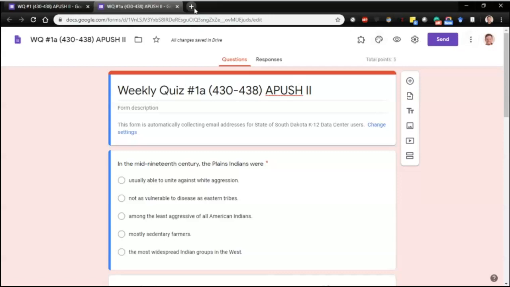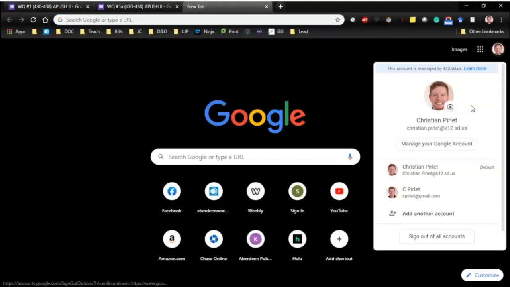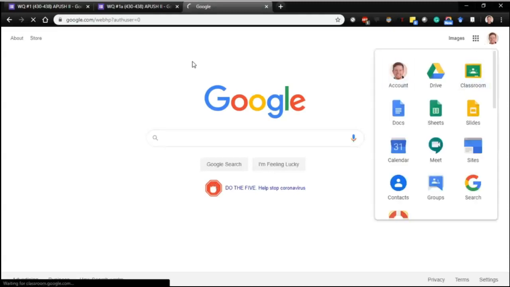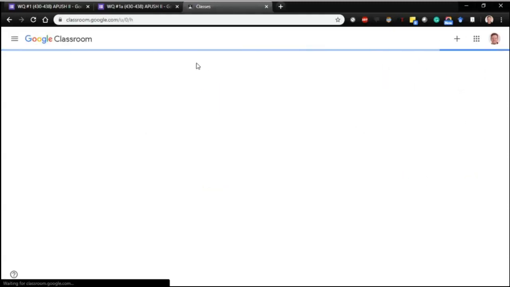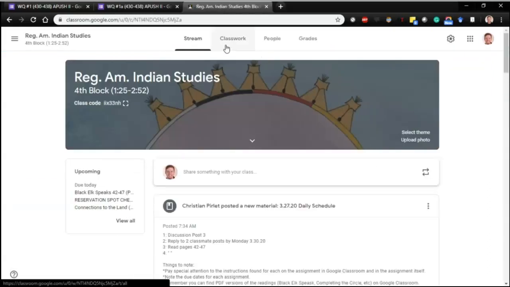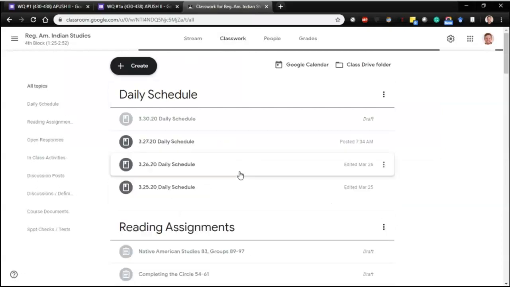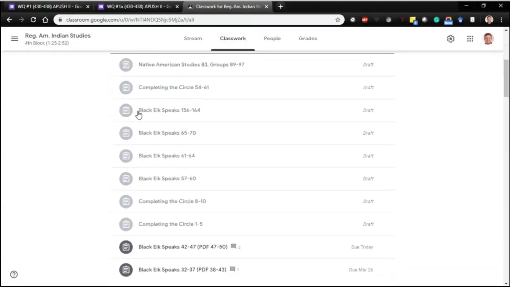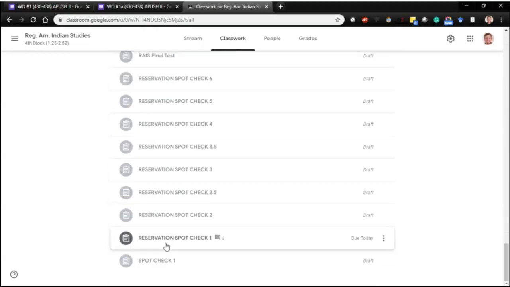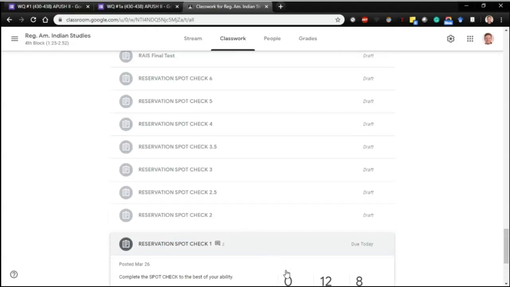So I'm going to actually have to probably log into one of my K-12 accounts here and then go to Classroom. And I'll show you one that I have some students that have already taken. So I go into Classroom, and then I'm going to go down to, I have a spot check that they've taken. Click into this,